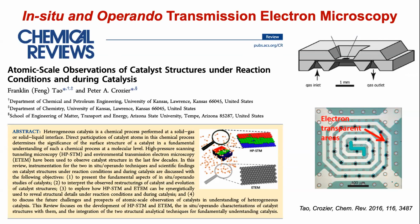Last week, I already showed you this kind of cells. These cells on the right have transparent areas where electrons can go through, and you can bring in a gas in between two plates, and then what you have is a wire. This wire is a platinum wire, and a platinum wire can heat, and you can have flowing gases. Although Crozier